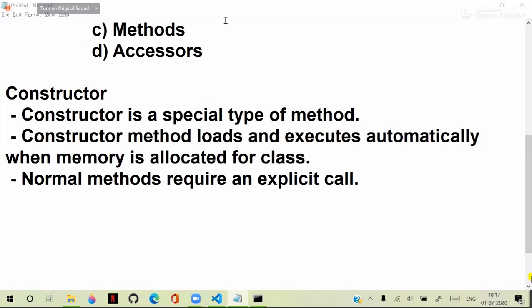If you say that constructor is used for initializing values, you have mentioned one of the uses of constructor, but actually constructor is not initializing values. Actually, it is initializing the memory for